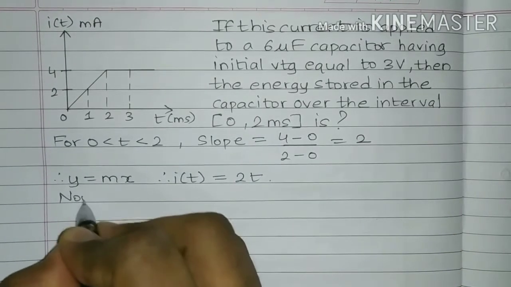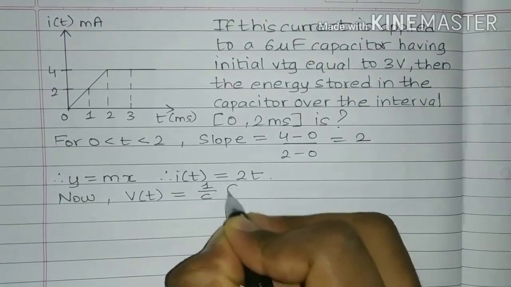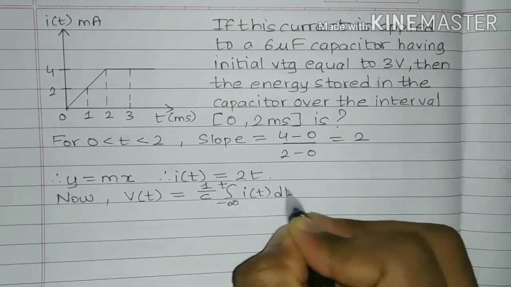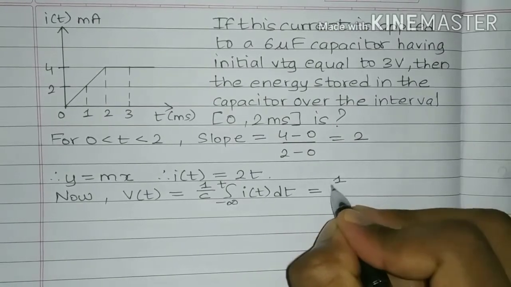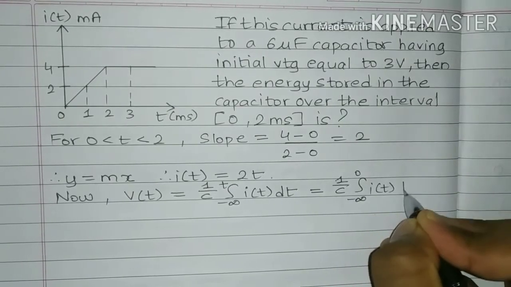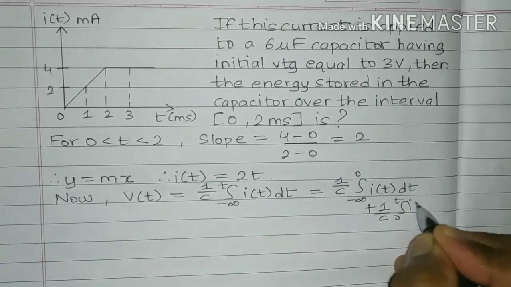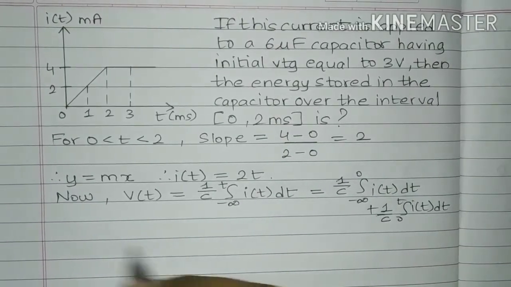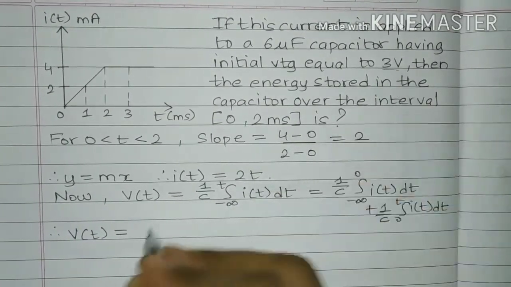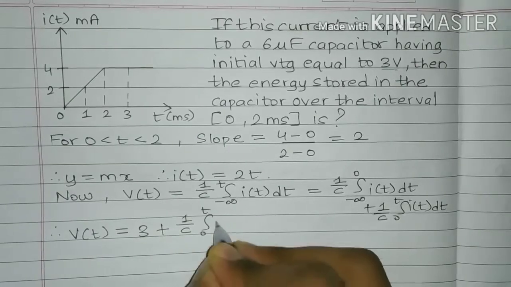Now we can write that the voltage across the capacitor V of t is equal to 1 upon c integration of minus infinity to t I of t dt, is equal to 1 upon c integration of minus infinity to 0 I of t dt plus 1 upon c integration of 0 to t I of t dt. Now 1 upon c integration of minus infinity to 0 I of t dt is the initial voltage of the capacitor, which is equal to 3 volts. So V of t is equal to 3 plus 1 upon c integration of 0 to t I of t dt